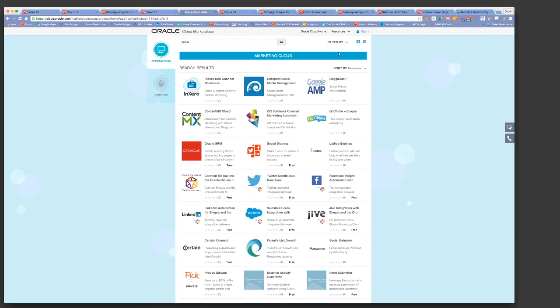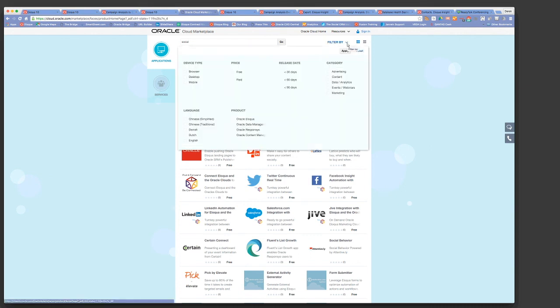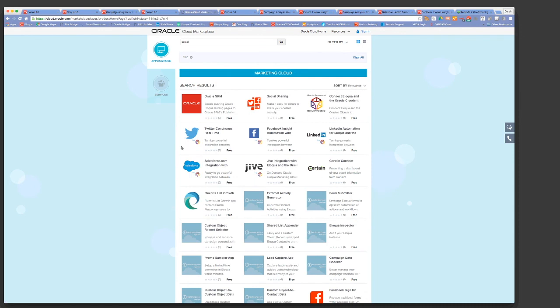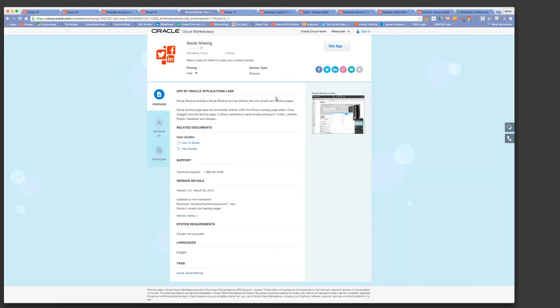You can actually use the filter option here at the top as well. And from the filter, click on free and apply that filter. It'll then resort those for you. The one that we use the most from a social point of view is probably the social sharing app. And so the social sharing app enables you to share Twitter, LinkedIn, Facebook,